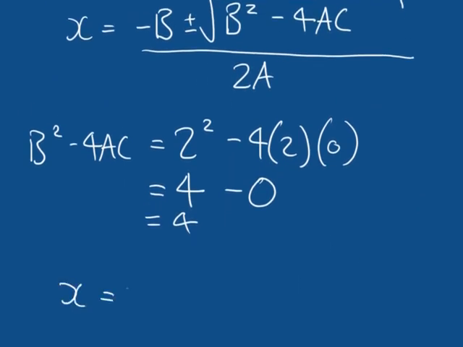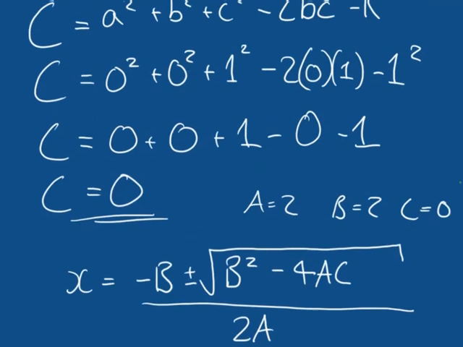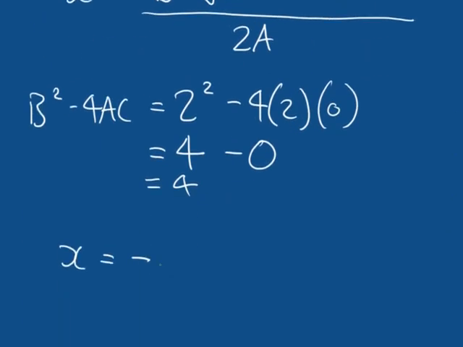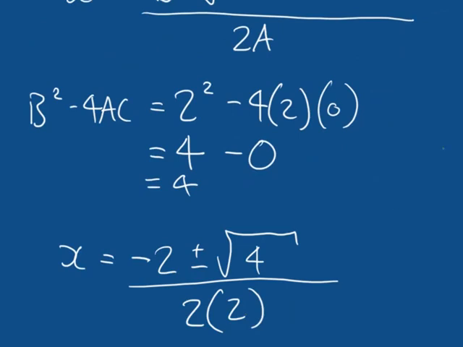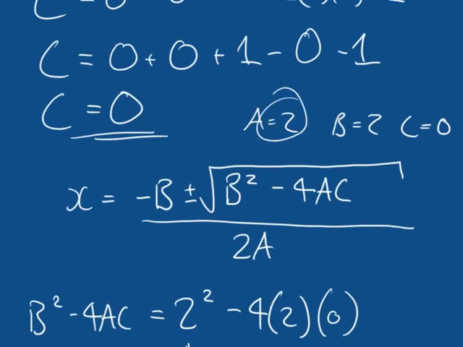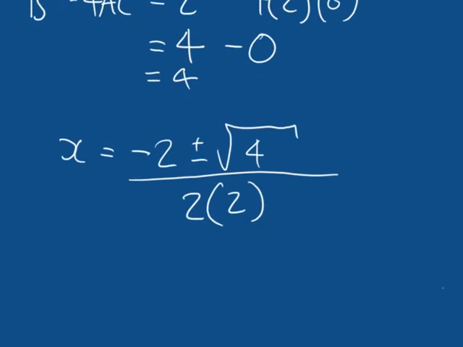That means x is equal to minus b, well, b is 2, so minus 2, plus or minus the square root of b squared minus 4ac, so the square root of 4, divided by 2 times a, and if you recall, a was also equal to 2. So as we start calculating this, as I run out of space, I'm going to try and squeeze this in. So x is equal to minus 2 plus or minus the square root of 4 is 2, so plus or minus 2 divided by 4,